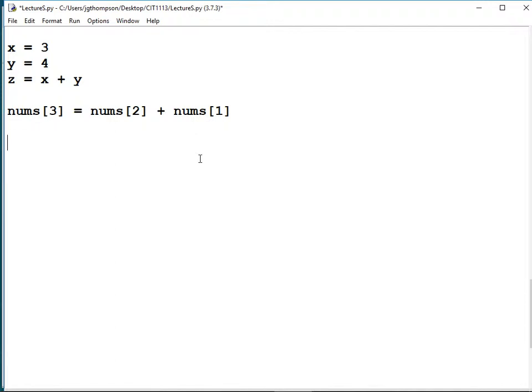If you want to add 1 to x, x plus equals 1. You want to add 1 to one of these array values, nums subscript 2 plus equals 1. Right? So anywhere you have an integer, we could instead use an array element, because that array element is an integer. Now that's assuming it's of the right type. Right? We had a string array up there, and you couldn't add a 1 to the string array.